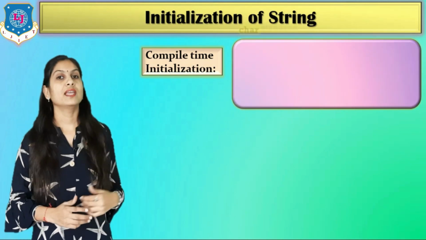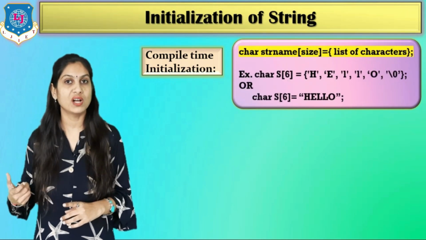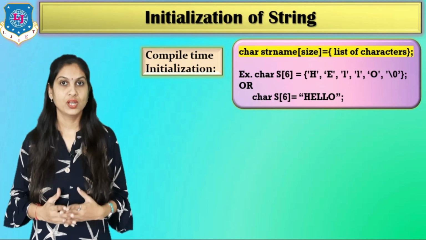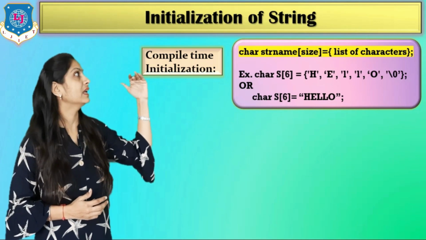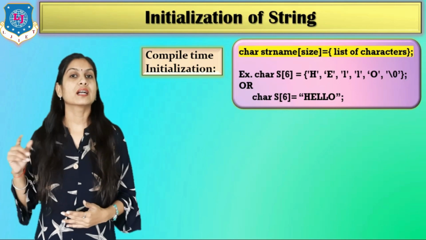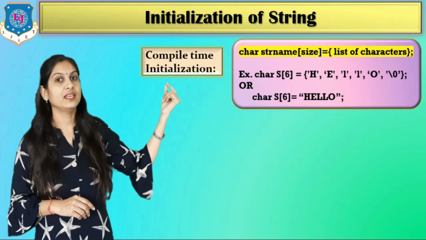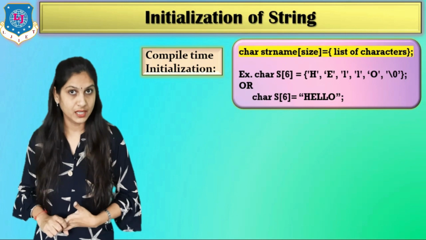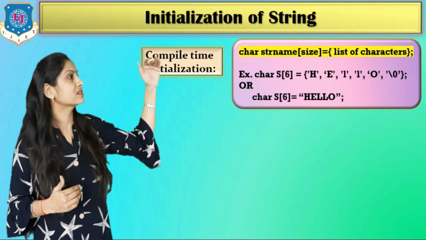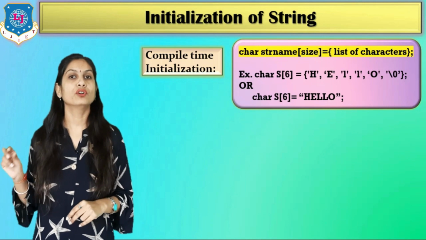The syntax is char, then the string name, the size inside square brackets, equal to, and in curly brackets the list of characters, then a semicolon. For example, char S[6] = {'H','E','L','L','O','\0'}; but this is a very tedious method, so we can directly use another method: char S[6] = "HELLO";